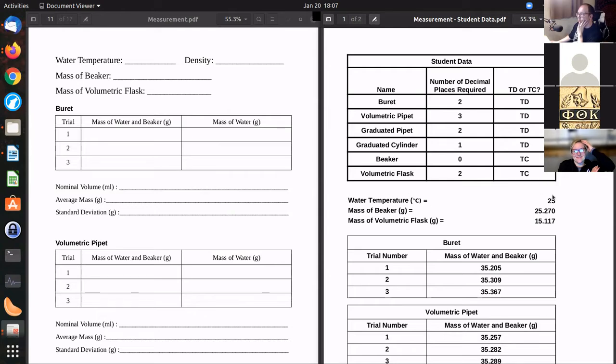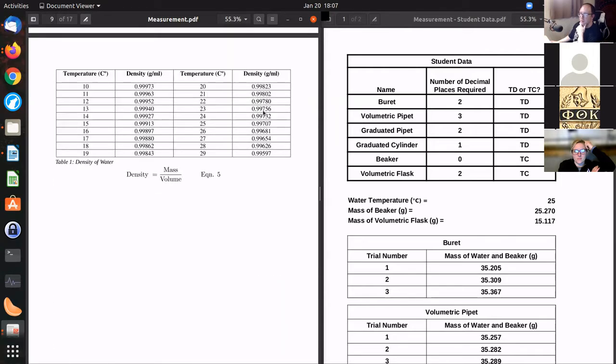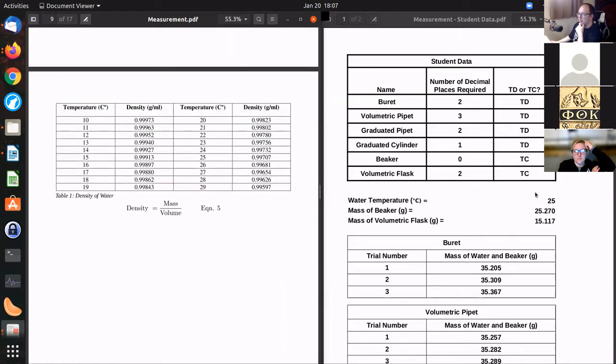Next is the water temperature. So that's pretty clearly right there. Then the question is, how do we know the density of the water? The density of water changes with the temperature. So if you come up here, your water temperature is 25 degrees. There's this table here of the density of water at different temperatures. So you go to 25 degrees, and that's the density that you're going to use right there. And it's got its units right there in grams per